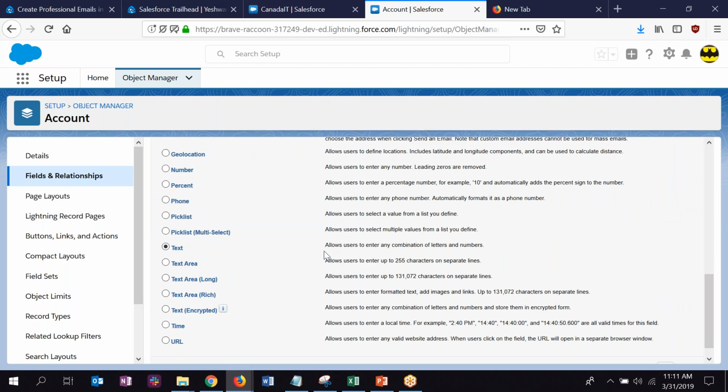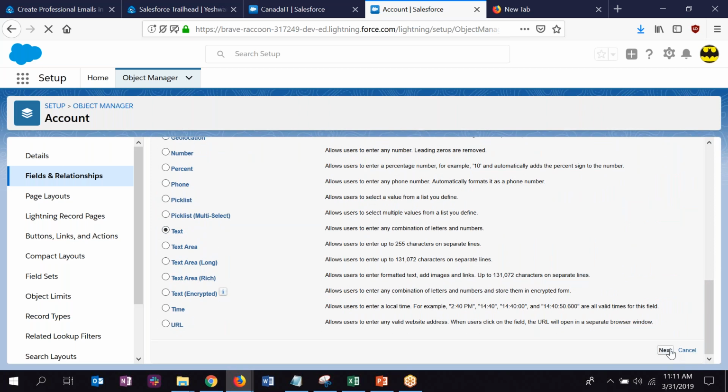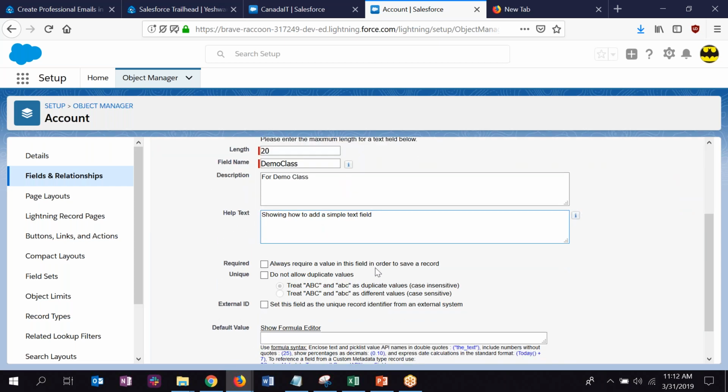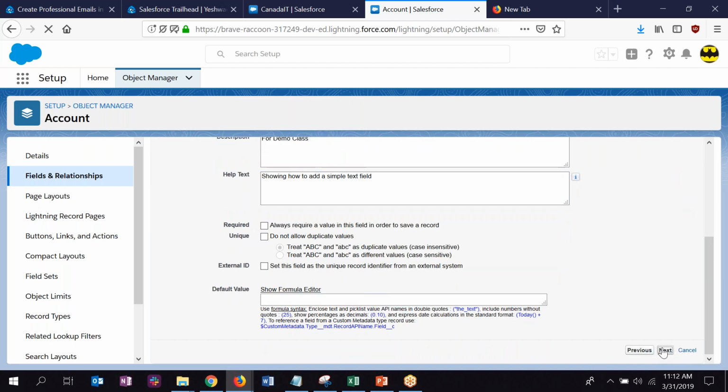Text, right? Set the length to 20. These are all things that we'll cover later. Okay, don't worry.